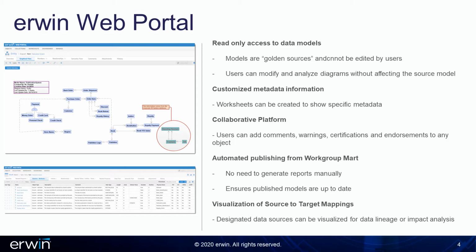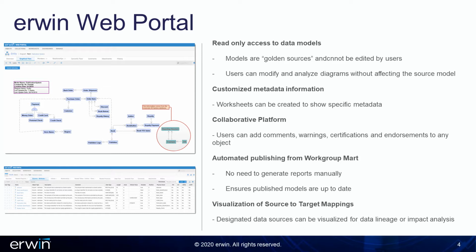All of the models are golden sources and cannot be edited by users. This is pure read only. Users can modify and analyze diagrams without affecting the source model. Users can also create worksheets to show specific metadata. Users can also add comments, warnings, certifications, and endorsements to any object, such as a model, a column, or a